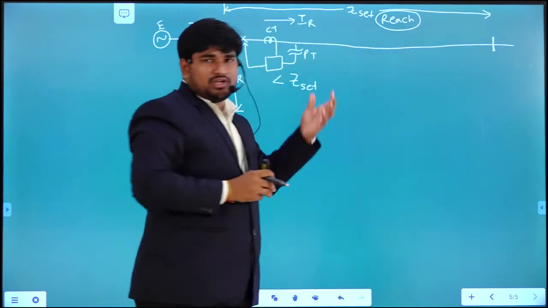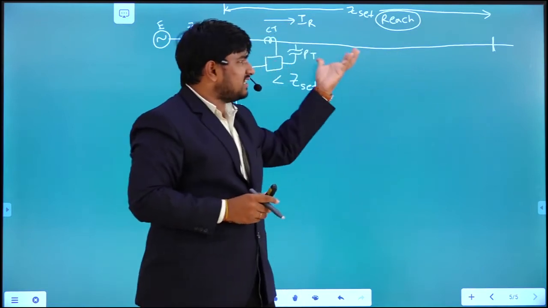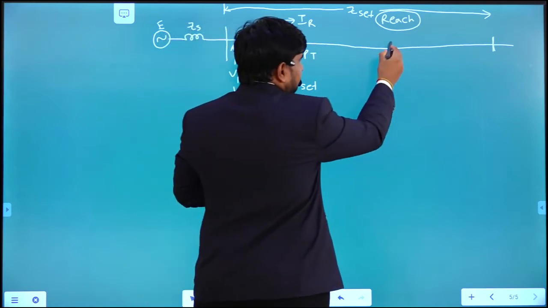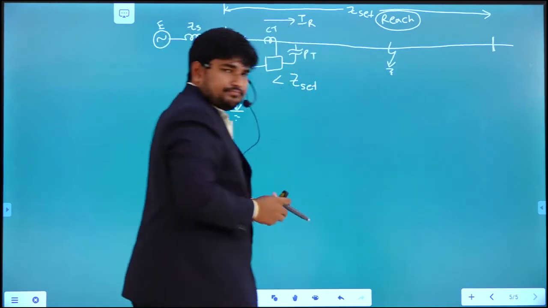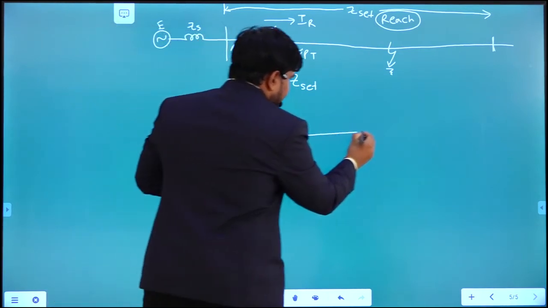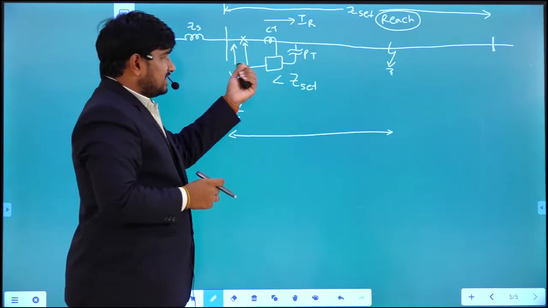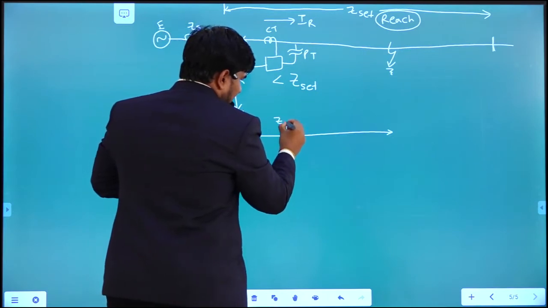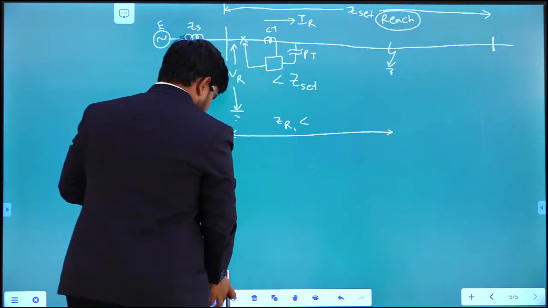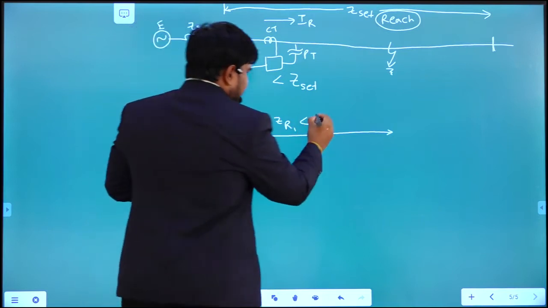So the amount of Z set will define the reach of the distance relay. Now this is the reach of the distance relay. For example, if any fault occurs at a distance less than this, let it be ZS, the measured impedance will be ZR1, which is less than Z set,